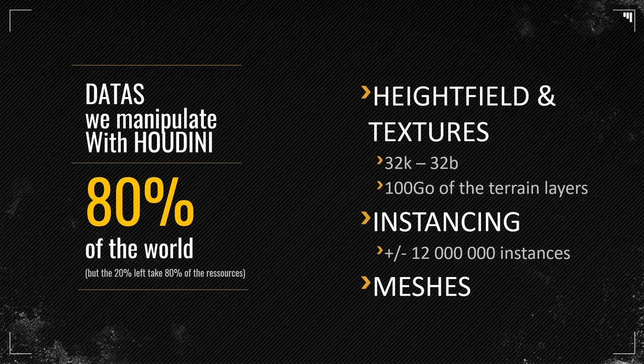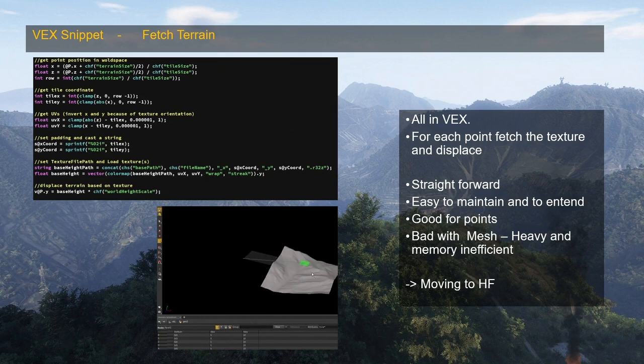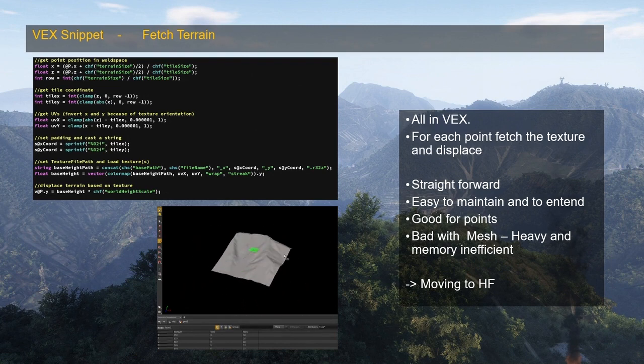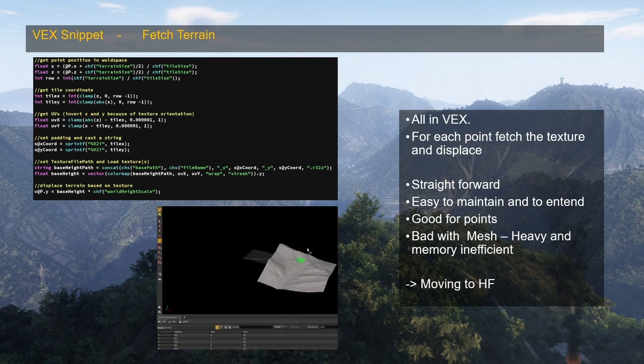Now we are doing more stuff with meshes, but it was not trivial to completely integrate perfectly. How do we get the terrain? Because you understood that the most important thing for us, if we are going to distribute a lot of points, a lot of instances, is to have access to the terrain and to have something very efficient to do it. So basically, it's just a few lines of Vex. We tried different ways to do it efficiently because what you need to know is we store the terrain on the hard drive as tiles. So it's 1024 tiles for the full terrain, multiple layers, but 1024 tiles.